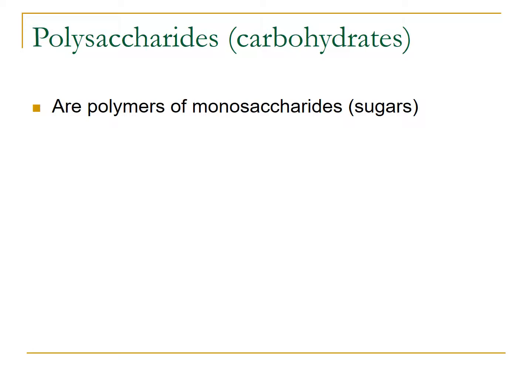We would call a simple sugar like glucose or fructose a monosaccharide. It's in a carbohydrate form, meaning it's made up of chemical formulas that include carbon and water molecules. Generally, to form polymers from the simple sugars, you will dehydrate, meaning you will take water out of the chemical formula in order to link the two together. So for instance, sucrose is